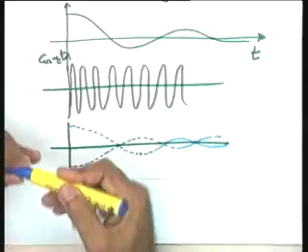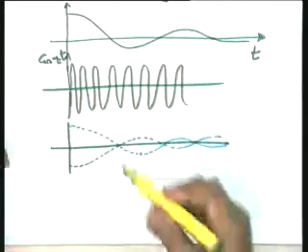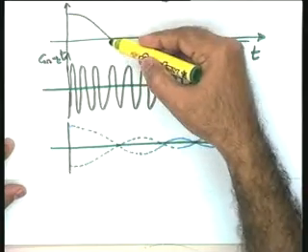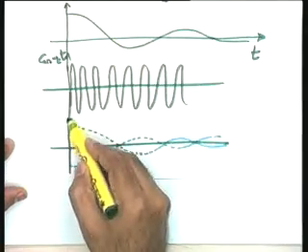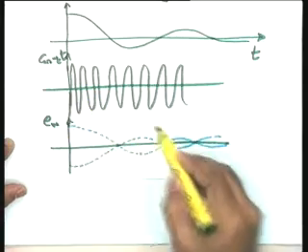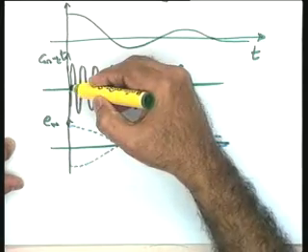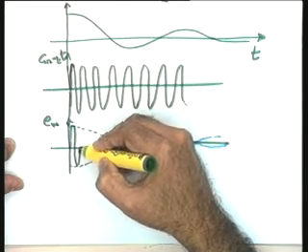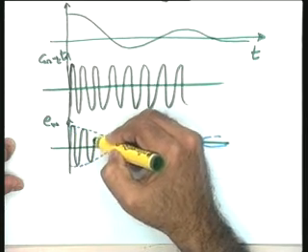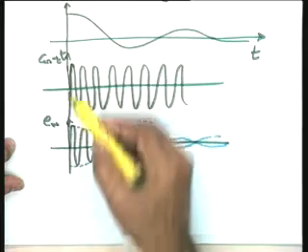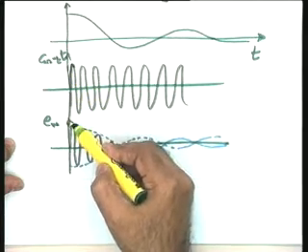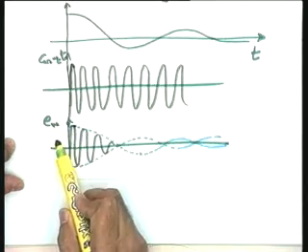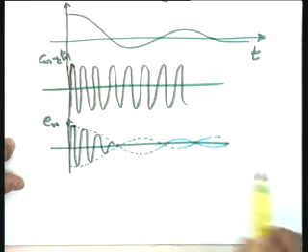Okay? How about this carrier? Now just see that when EC is positive, I take this signal EM to be in phase with the carrier, and therefore when the maxima of this comes, the maximum of this will also come. My diagram may not be very clear, because it is a rough diagram, but you see that the maxima of these coincide, so that the phase of EM, the modulated signal, is in phase with the carrier signal.